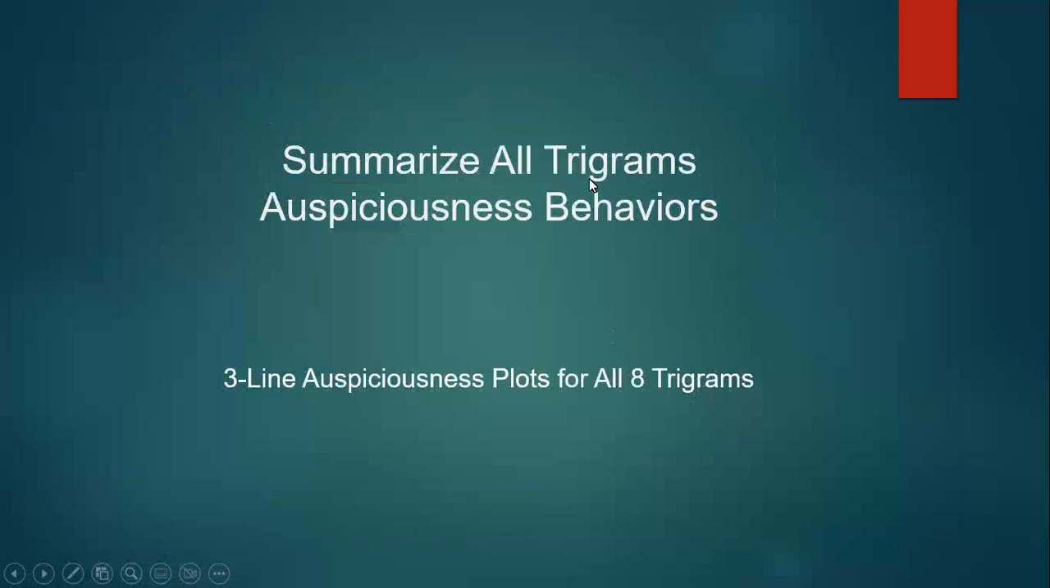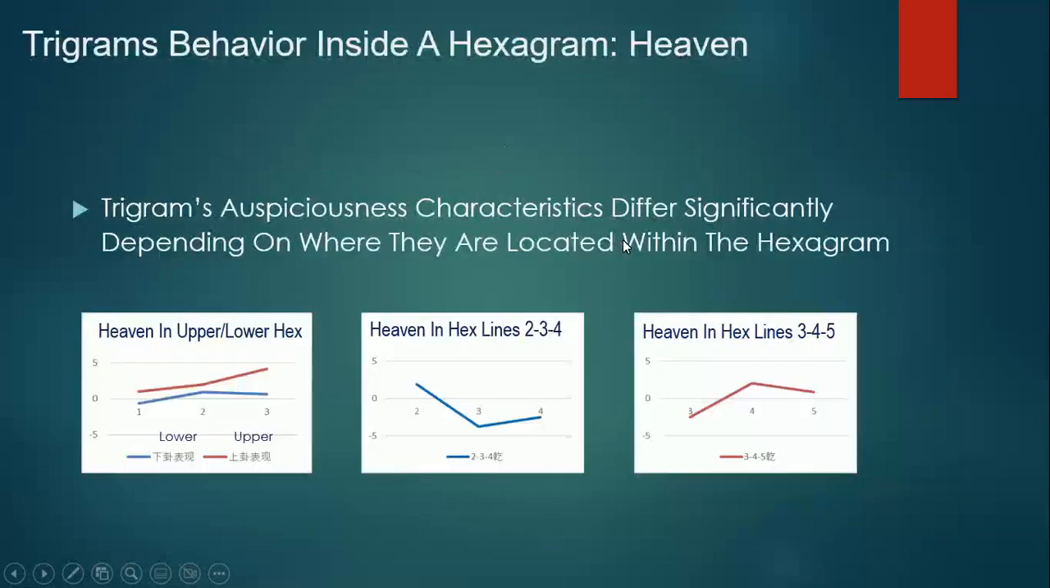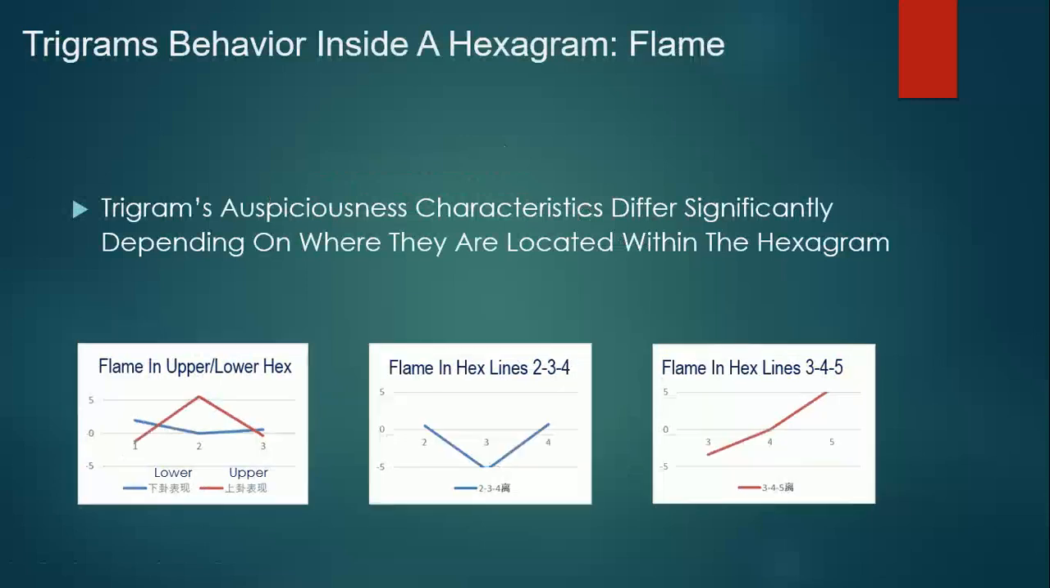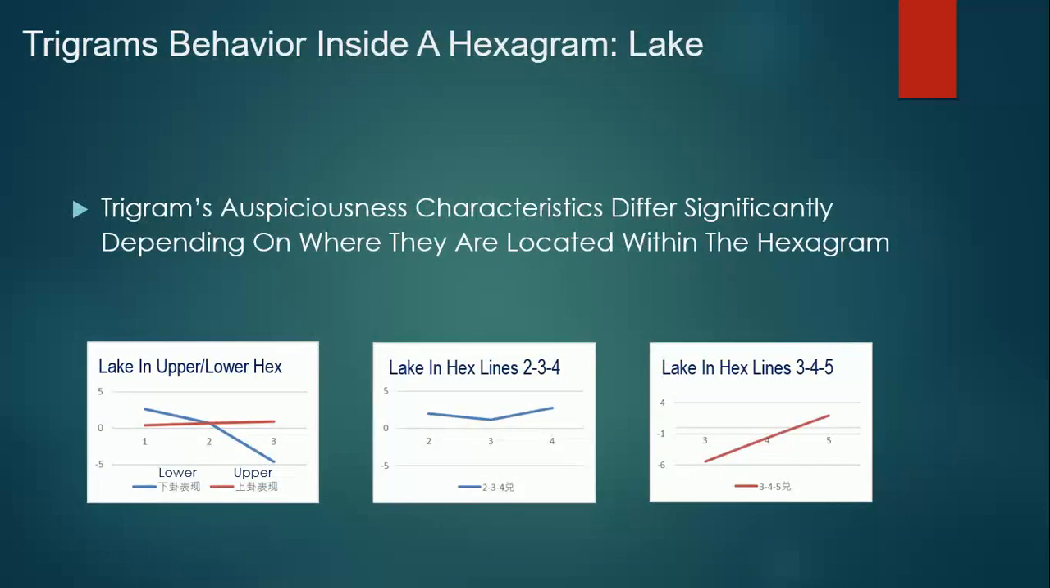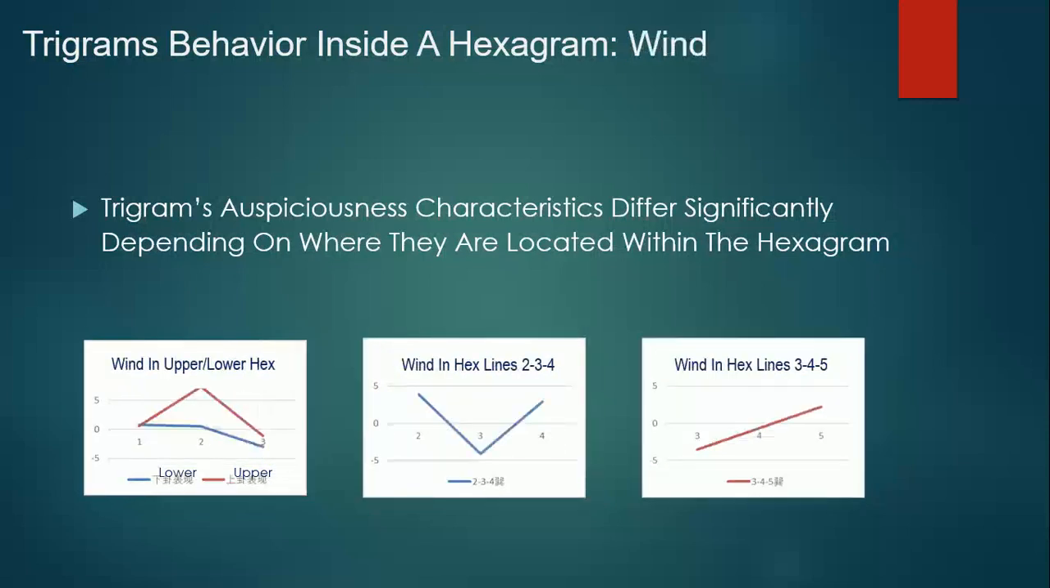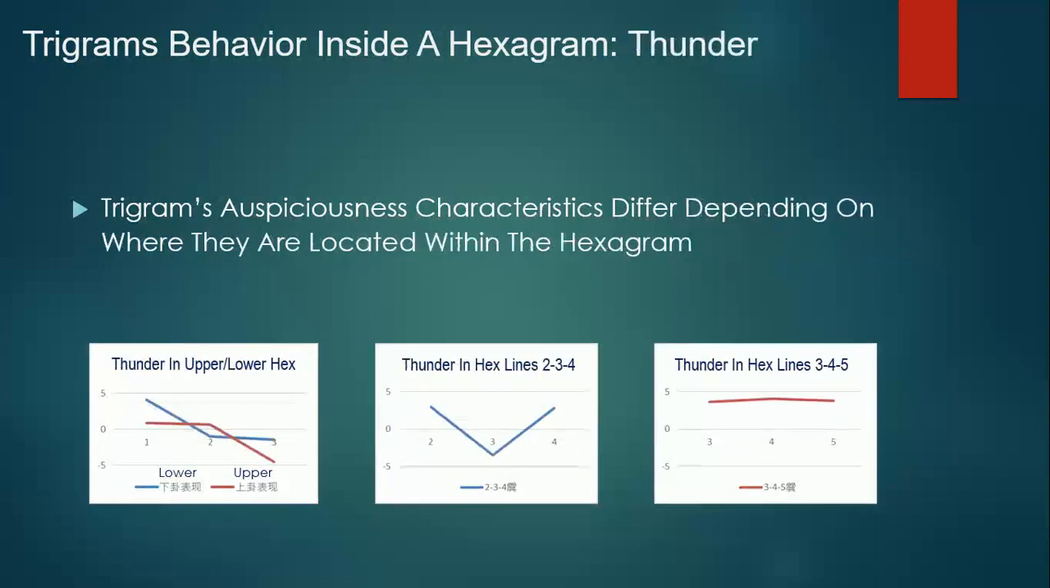So to summarize all the trigram behavior at the different positions, we have the following plots. I'm going to skip through them and not explain them, but you can pause the video if you want to get the info or look at the characteristics of these eight trigrams when they are in different positions and how they will behave on the auspiciousness scale. And here's the mountain, here's the wind, here's the thunder,